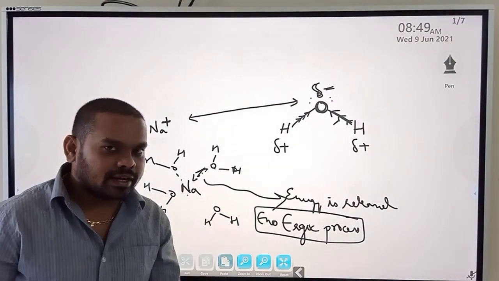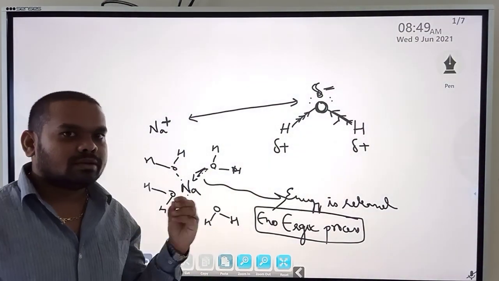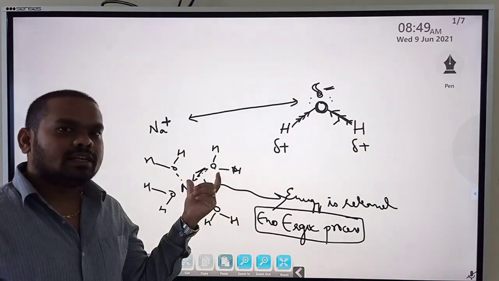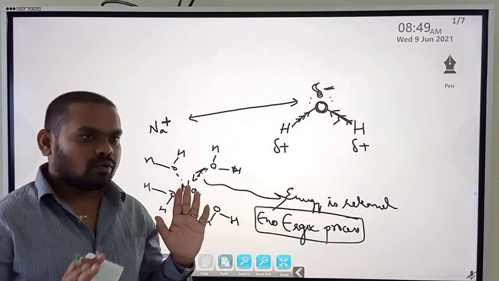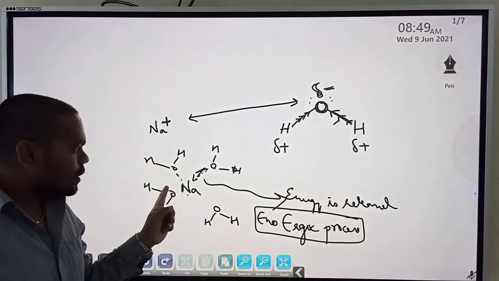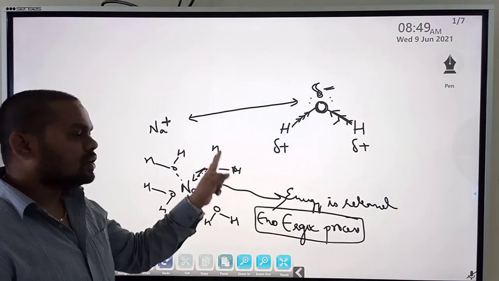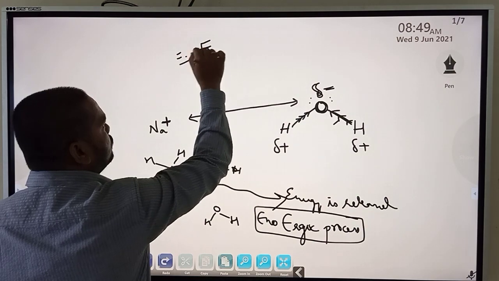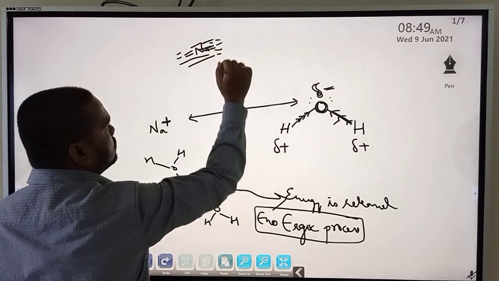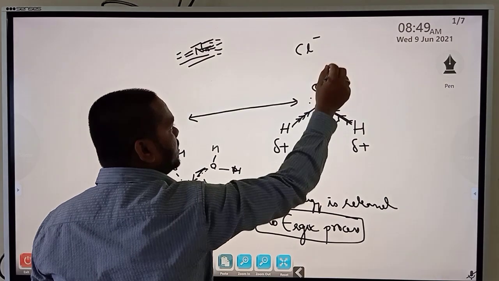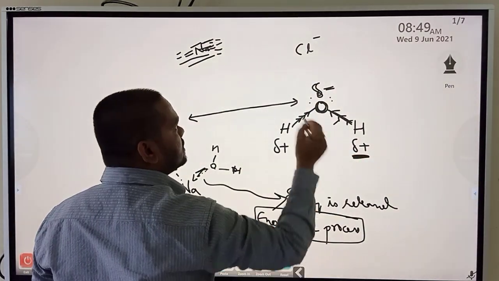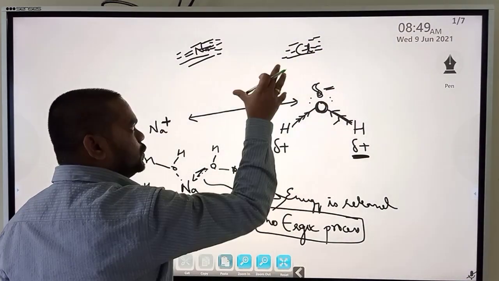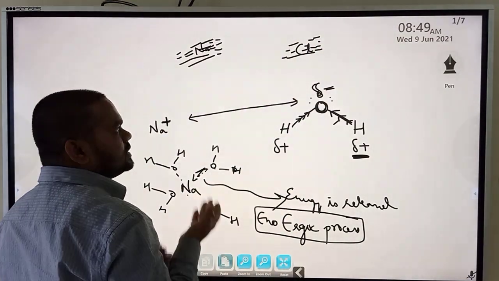Okay. So the point is this. Still we have not dealt with the actual thing. I am just introducing a concept. What is happening to this NaCl we are studying? I have dropped NaCl in the glass of water and dissolved it. Now what is exactly happening in dissolution? The sodium ion is surrounded by water molecules on all sides. So like this, many layers and layers of water molecules will surround the sodium ions. In the same way, Cl minus will be attracted by the partial positive charge, so it also will be surrounded by layers and layers of water molecules. So during this process, what is happening? Is energy released? Yes.